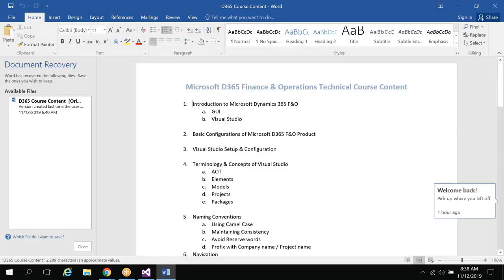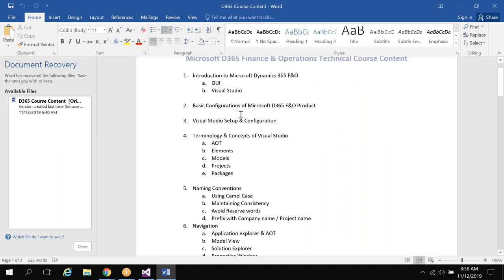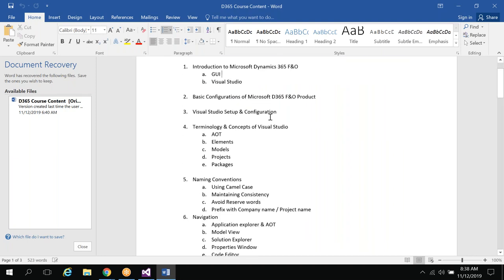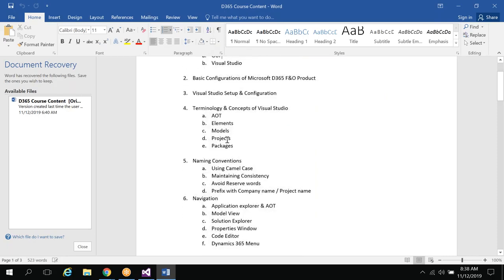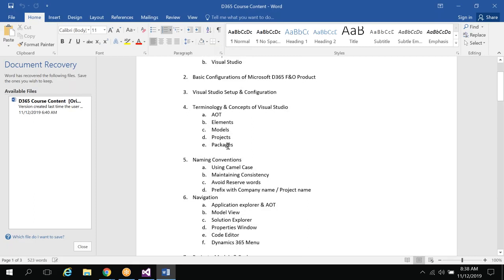Okay, first of all, I'll introduce the graphical user interface, which means the content pane. Then Visual Studio options, basic configurations, Visual Studio setup and configuration, and terminology: AOT, elements, models, projects, packages. After that I'll tell you about the naming